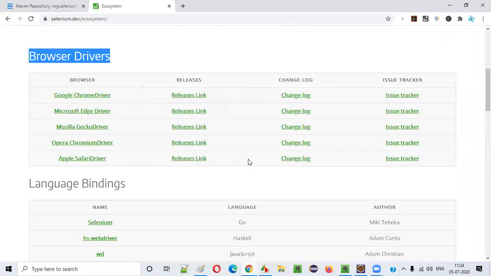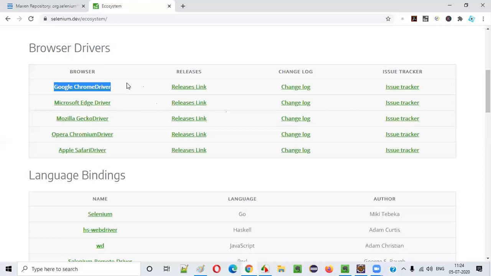So, browser drivers. These browser drivers don't belong to Selenium, guys. The Chrome company is working on the Chrome driver. It's a third-party thing, right? This is Google's ChromeDriver, not belonging to Selenium anymore. Who is developing this Chrome driver? Which company? Google. Edge driver is being developed by Microsoft. GeckoDriver is developed by Mozilla Firefox.